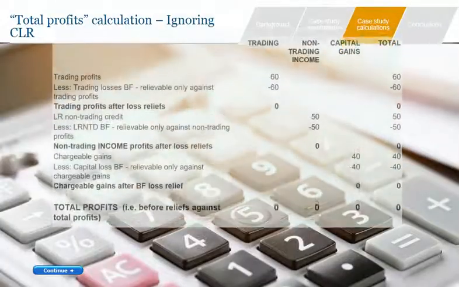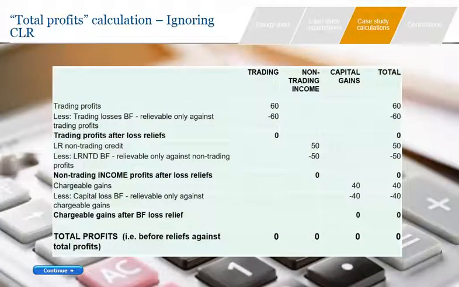This slide illustrates how the computation of the company's total profits would look in the absence of the CILR. As you can see, total profits in the absence of any restrictions are exactly zero because the trading profits of 60 million would be relieved by the 60 million brought forward pre-1st April 2017 trading loss. The non-trading credit of 50 million would be relieved by the brought forward pre-1st April 2017 loan relationship non-trading deficit